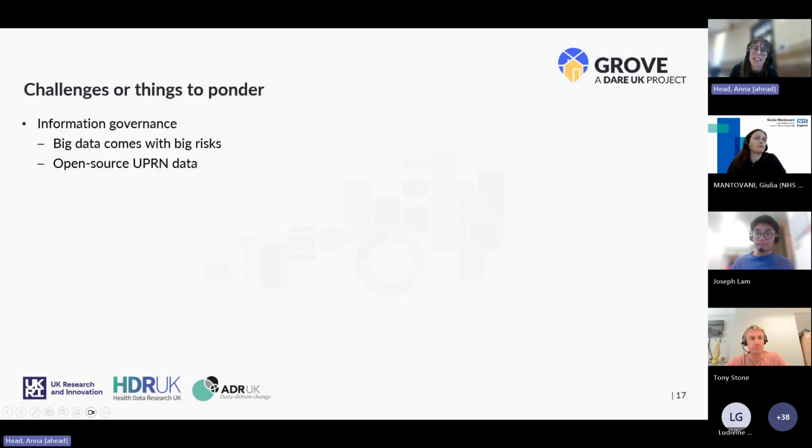And I guess one of the things that gets highlighted within our group when we're thinking about environmental data is that because place information is widely available, there's this risk of large-scale disclosure and the speed at which de-anonymization could occur. And linked to this, we obviously have a very important open science movement. There's a push to making things as open as possible. But if our UPRN level data on, say, distance to green space are made openly available at UPRN level, then obviously it's problematic to have exactly that same data both inside and outside of a trusted research environment.